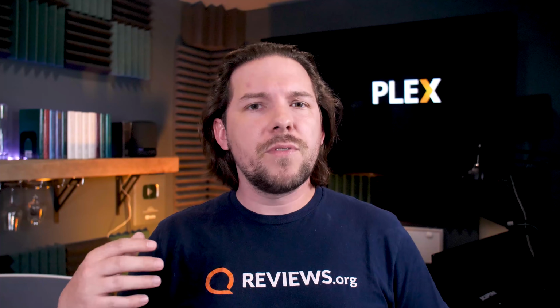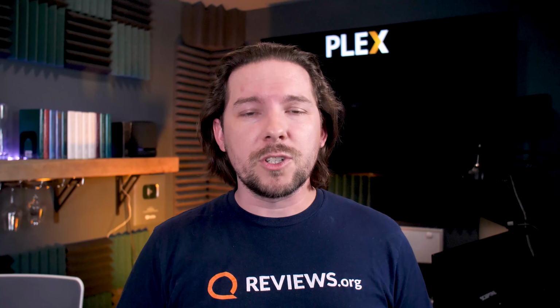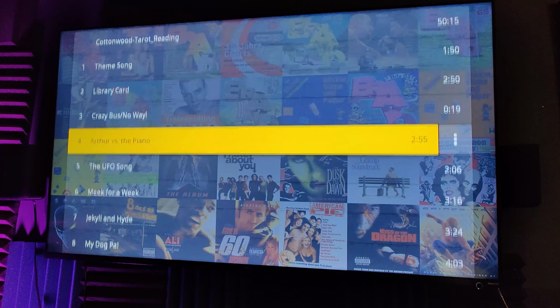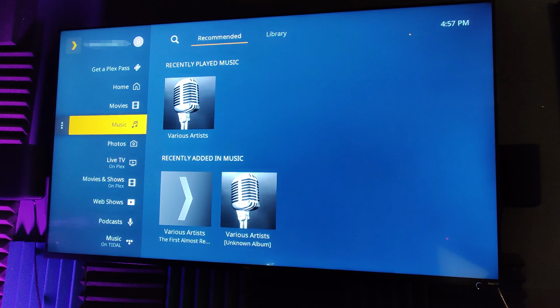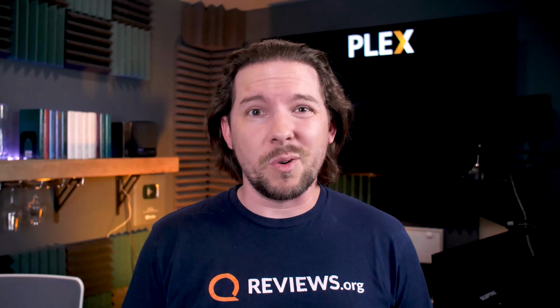But if you have photos or home videos or whatever, stuff that you want to share from one person to another, Plex is a good way to do that. Now, moving on through the interface, you'll see right under movies it says music, and then there's photos. This is essentially the same thing. These are your music, your photos, and it's pulling them from your server. So yeah, pretty great. You can put your own stuff so that you can watch it essentially wherever you want,